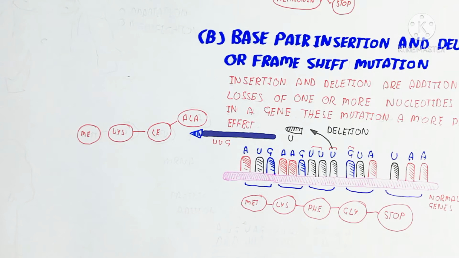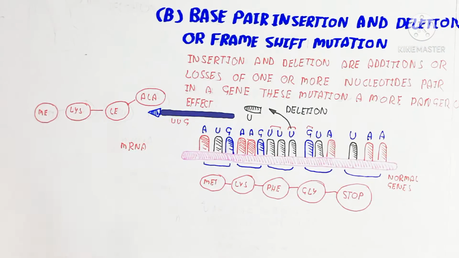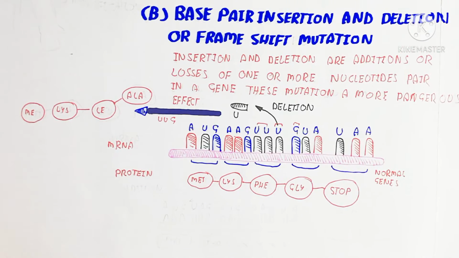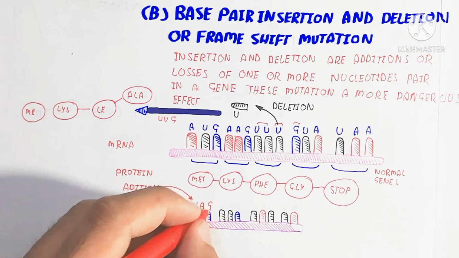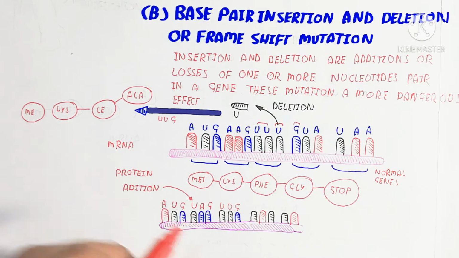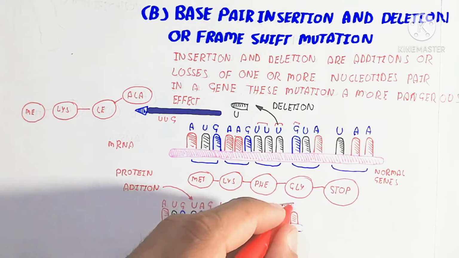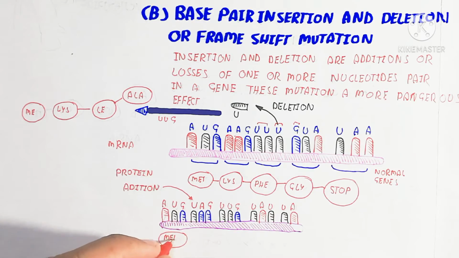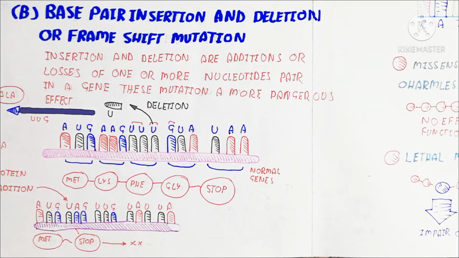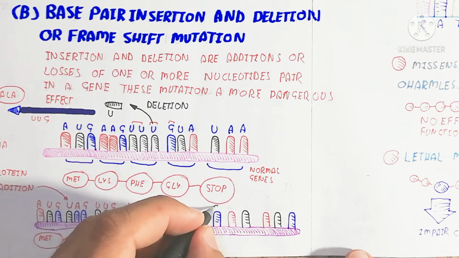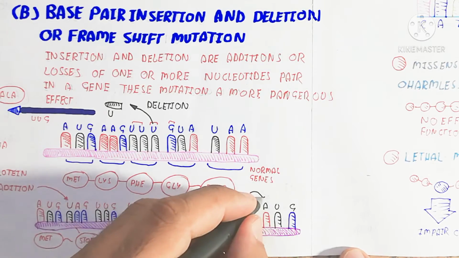So that means here the methionine, lysine, phenylalanine, alanine, glycine come after the stop. But here it is different, and a stop also occurs. So that means the deletion effects are largely in the messenger RNA, while in the DNA, if we talk about addition, the addition can be a deletion or something, and addition can create a stop codon by the UAG. So that means methionine after